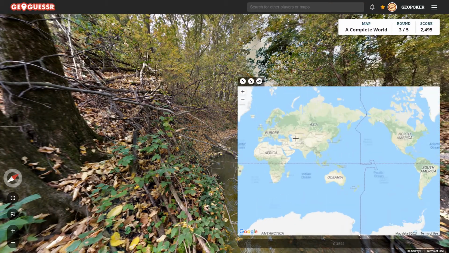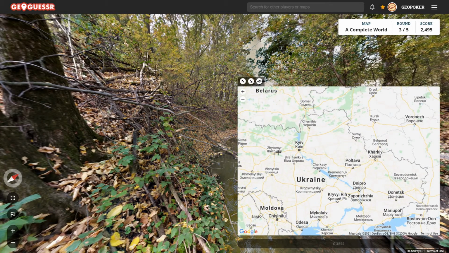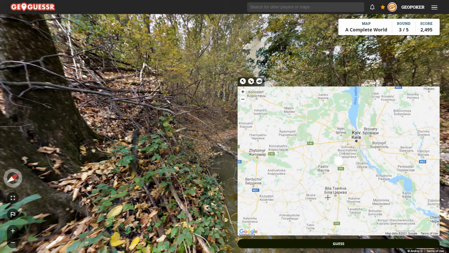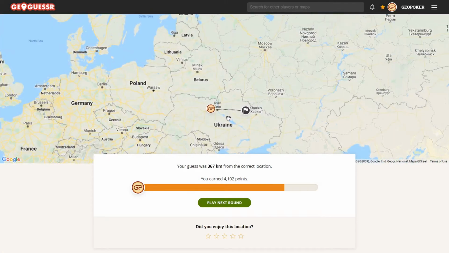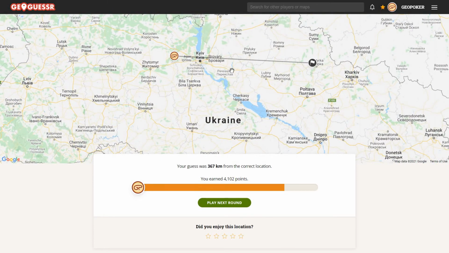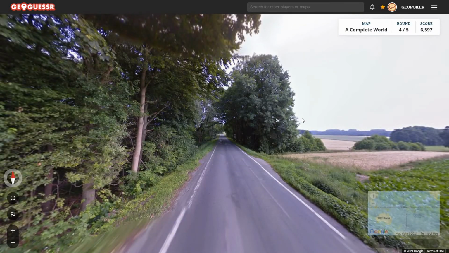I'm just gonna click in the middle of the Ukraine into one of the forests. Let's not waste any time on this. Oh, actually not too bad. I think that was my best score so far. And it took me like 5 seconds to click just on a random place. Okay then. That's something. Fourth round,